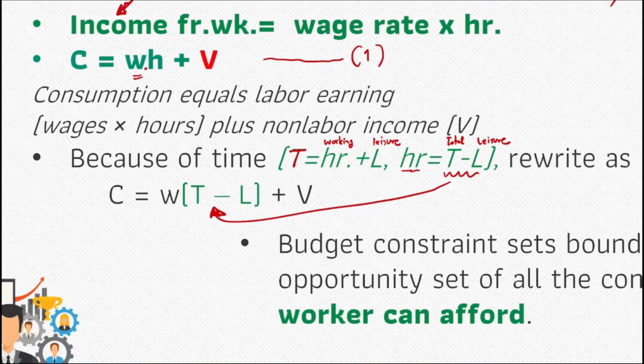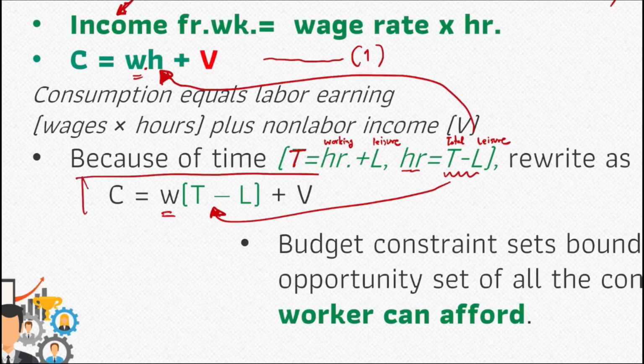Wage rate multiplied by H, or working hours, but H equals T minus L. Okay, we have equation number 2 in